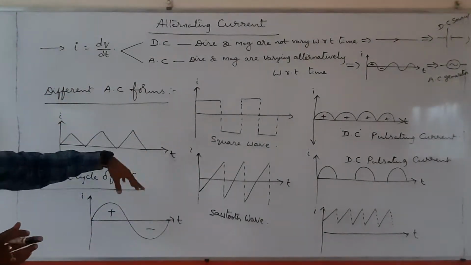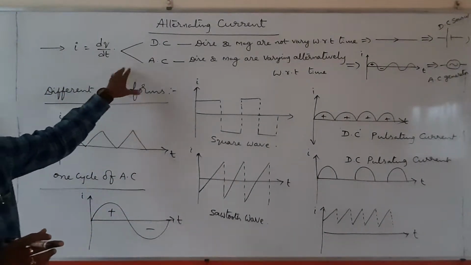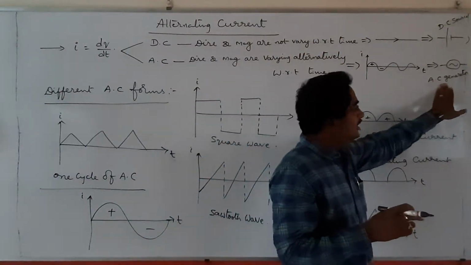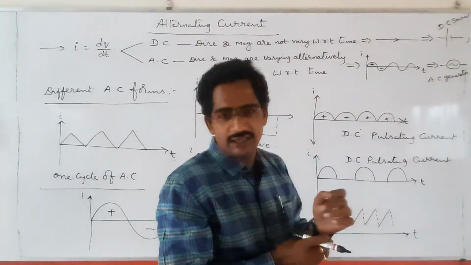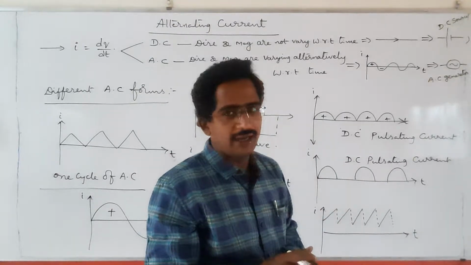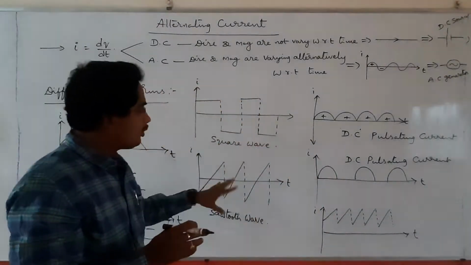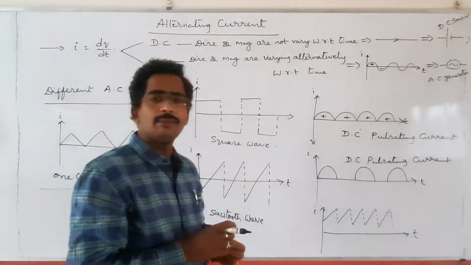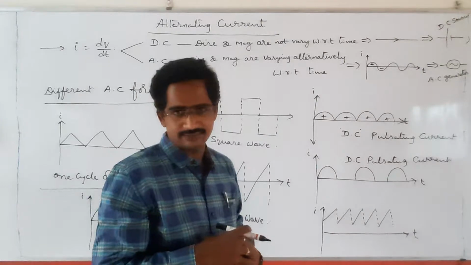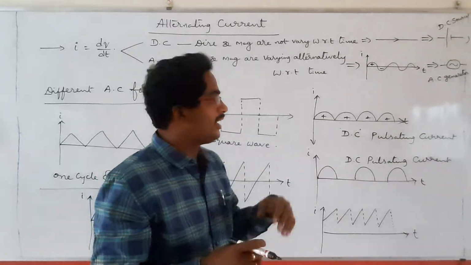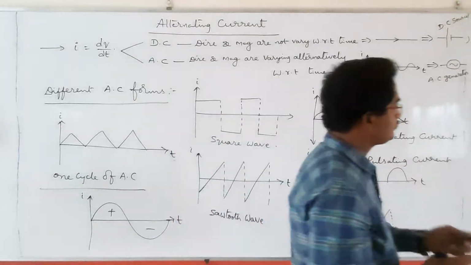These are the different waveforms of AC, and this is the AC definition. AC is produced by the device called the AC generator. What do we call that? AC generator. Do remember all these points. Now we are going to discuss some definitions regarding AC. Some definitions regarding AC we are going to study now.